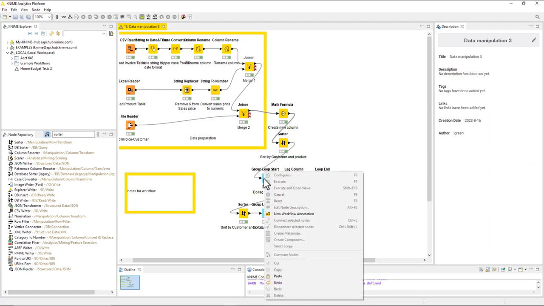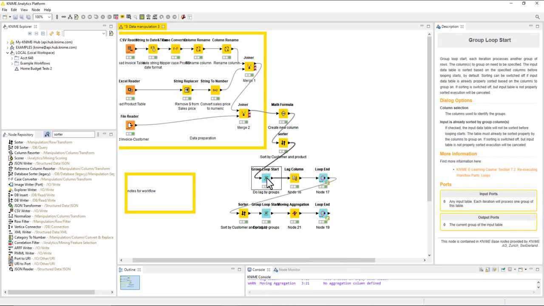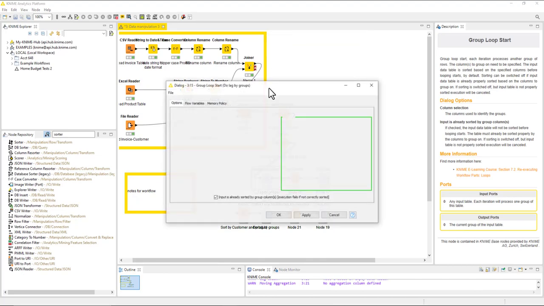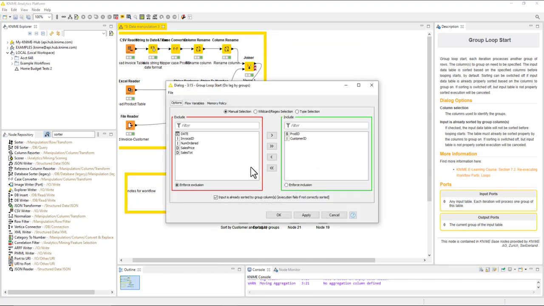So we look here, configure it, and let me show you how we configure it. So we're selecting what to run the group by. So here I'm selecting product ID and customer ID. Notice it chooses the order of these, so that's a little finicky here. It would be nice to be able to choose the order, but it chooses the order, and so it's going to run by product ID first and then customer ID,